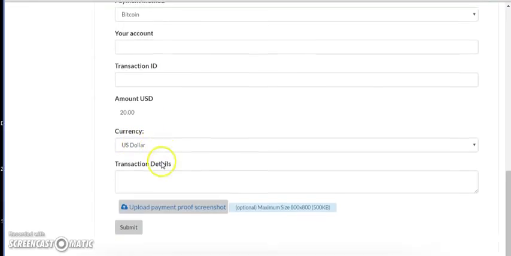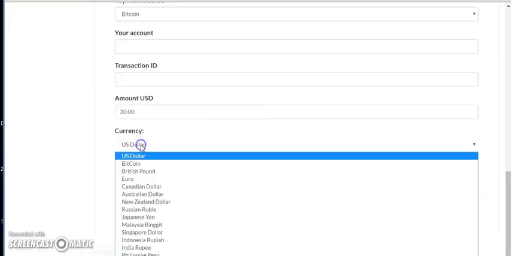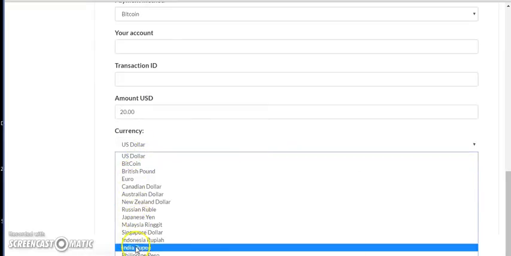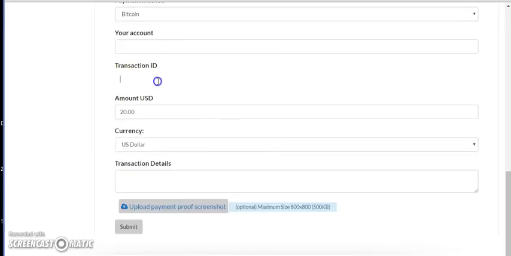By default, it's all in U.S. currency, unless you made arrangements with your upline to send the funds in any other currency. Here you can make your selection. Otherwise, leave it in U.S. dollars. Here again, it's asking for the transaction details, but since you have already put that in here,